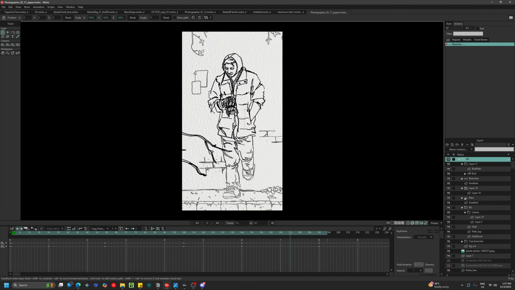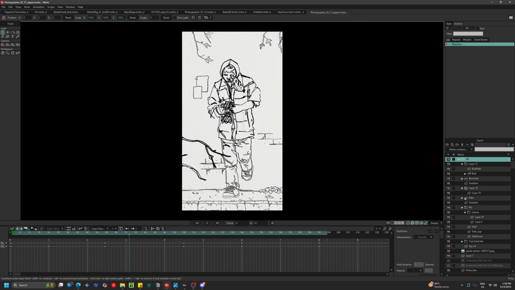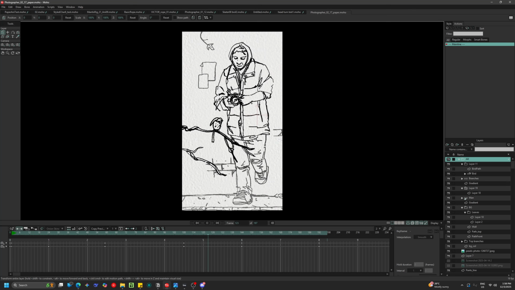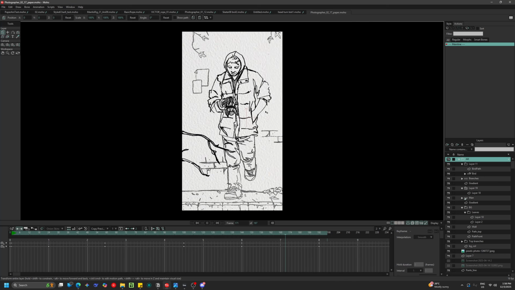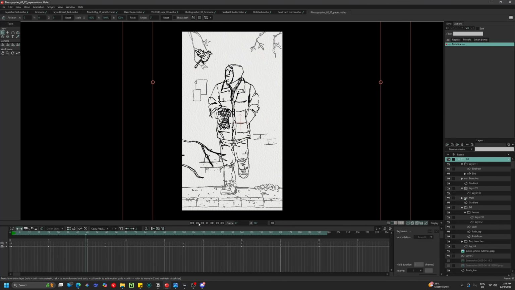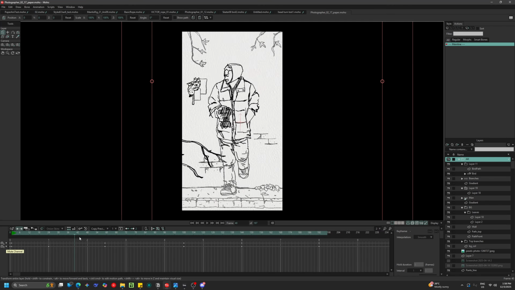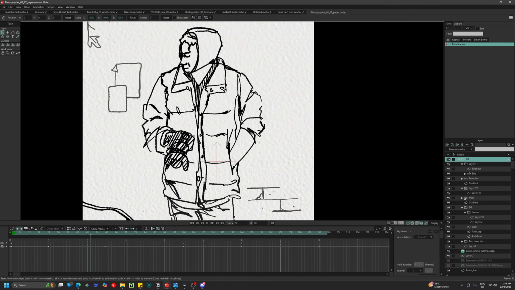Now, they're not the greatest thing, but you'll see as he takes his hand out of his pocket, his hand opens up, his arm actually shortens to grab the camera, and when he lifts his arm up. So I wanted to go over what I've been doing there and also show it off on another character. So this section with his arm here,